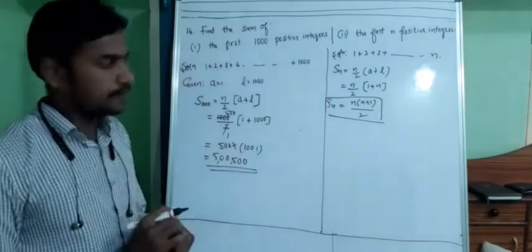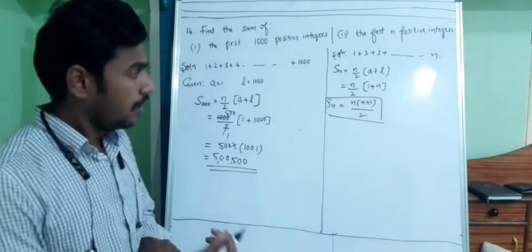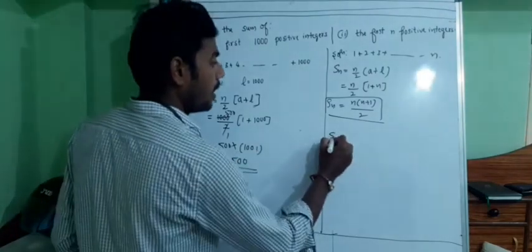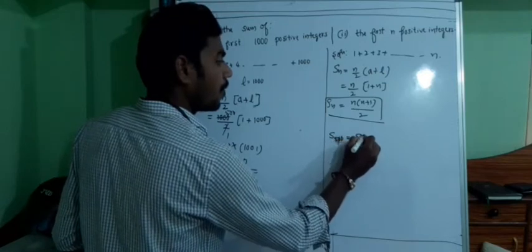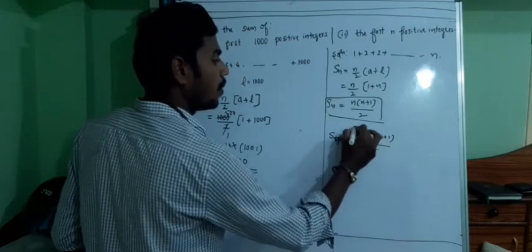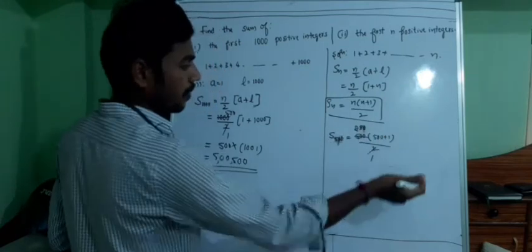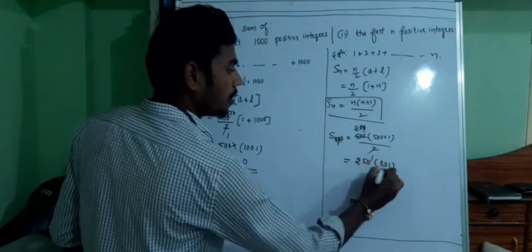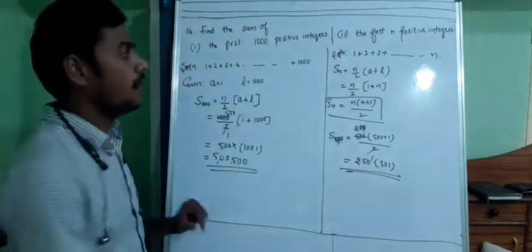So I am going to give one example. Find the sum of the first 500 positive integers. At that time, S500 is equal to 500 into 500 plus 1 divided by 2. 2 ones are 2, 250s. 250's double is nothing but 500. So 250 into 501. So you can get the value here. This is how it is going to be helpful. Please note this down.